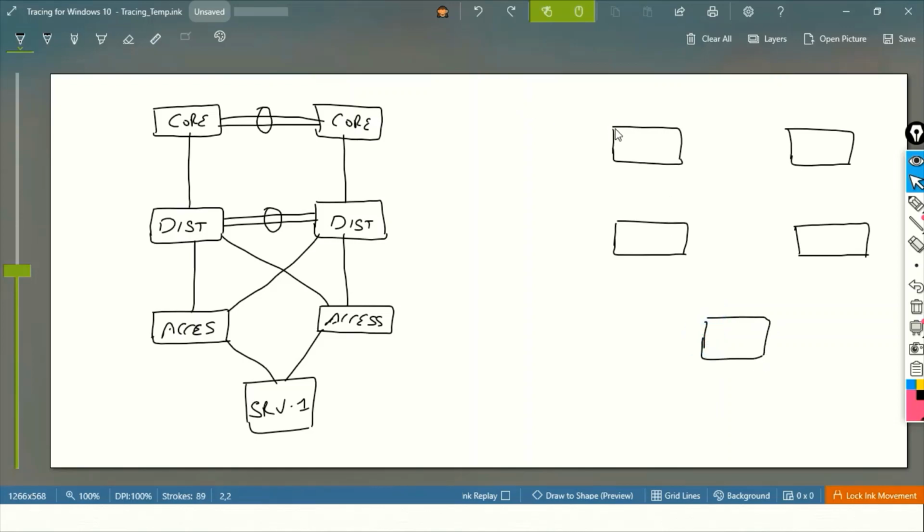So the first layer, as we discussed, is the spine layer. And the next layer is called the leaf layer. All the devices, all the servers, all the network equipment, all the security equipment are mandated and recommended to connect to your leaf layer only.